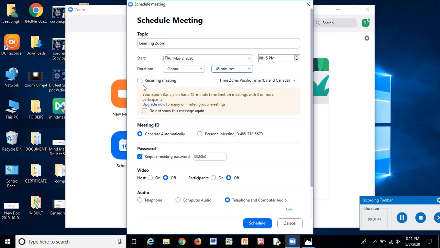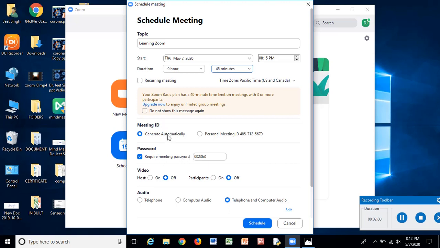Now it may be a recurring meeting as well. We can create a meeting ID by generating it automatically, or we can use a personal meeting ID. So we generate automatically, and a new video link will come here along with the password.